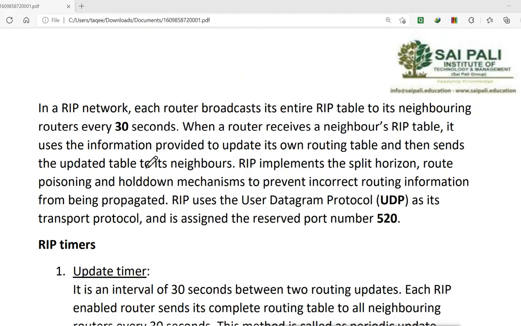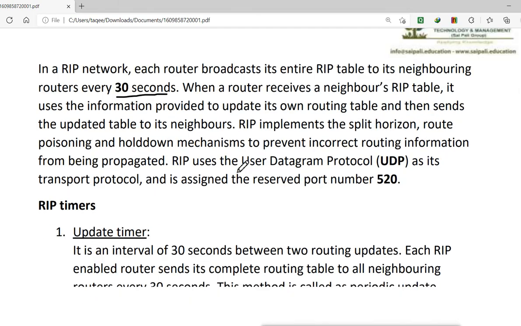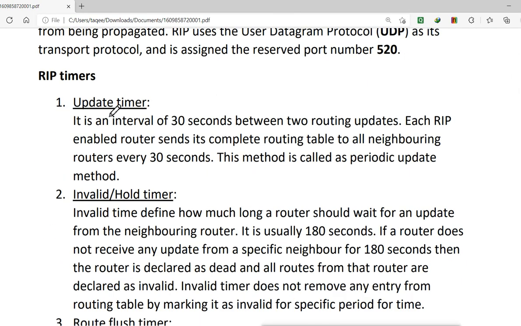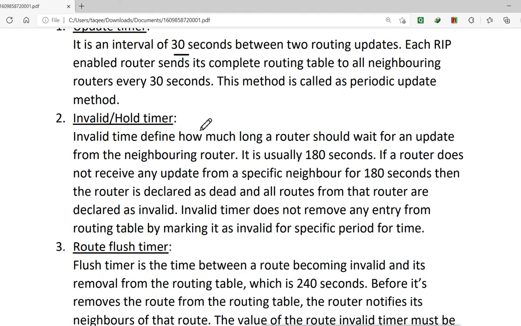Then the other problem is the update. It does the update only after the update time, and that is a minimum of 30 seconds, and it can go up to 90. So only after the timer expires will it update the information. Now there are some other timers as well, like the update timer, that is the 30 seconds. Then there is the hold down timer, that is a maximum of up to 180. It is the maximum of 3 update times. Like if you have 60, 60, 60, that is 180, you have 3 update times maximum.